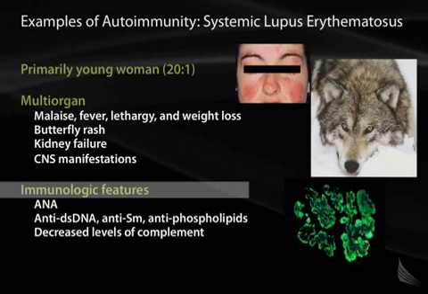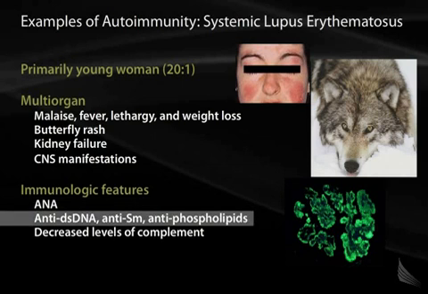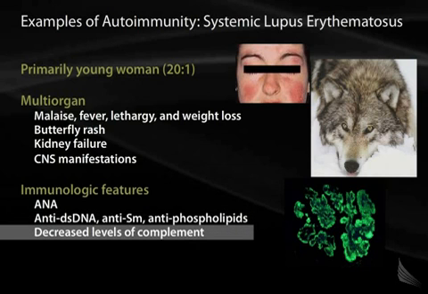The immunologic features that you're going to look for, the screening test is an ANA, not quite as specific as the anti-DNA or anti-Sm type of tests, but a good screening test. So if they're ANA positive, then you look for the more specific test, the anti-dsDNA or the anti-Sm. Also, another immunologic feature is that patients with SLE have decreased levels of complement. Remember, we discussed this in a prior section, that when you have chronic inflammation, chronic immune complex formation, the complement is continually trying to break down those immune complexes, and because of that, you have decreased levels.